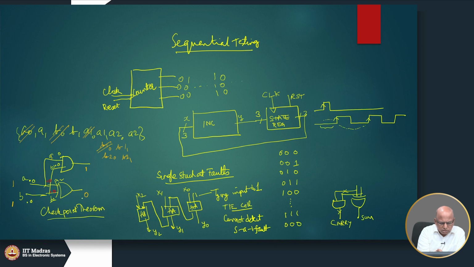Similarly, what are the circumstances under which 0 will change to 1? Those will also be caught. So, for example, if A2 is stuck at 1, it will get caught, because the output will change to 1 here. If B2 is stuck at 1, that will also be caught. If B is stuck at 1, that will get caught, so B2 will also propagate that, and then